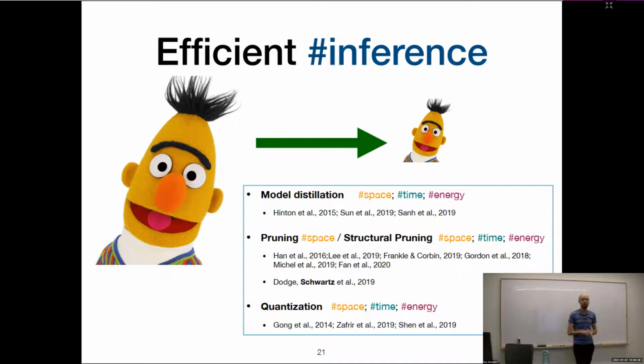And finally, we can talk about quantization, which means training a model with full floating point precision, and learning an equivalent version that uses a less precise floating point number. So all these share in common this theme of starting big,